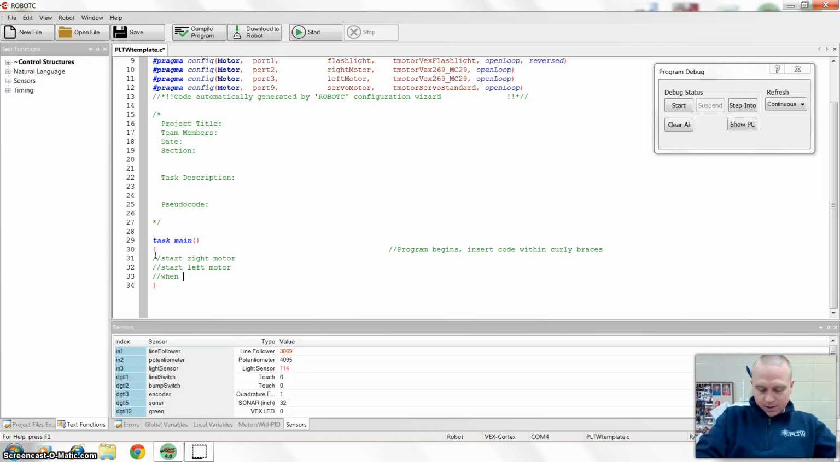So when the sonar detects 20 inches, we are going to stop right motor and stop left motor, and we are going to,